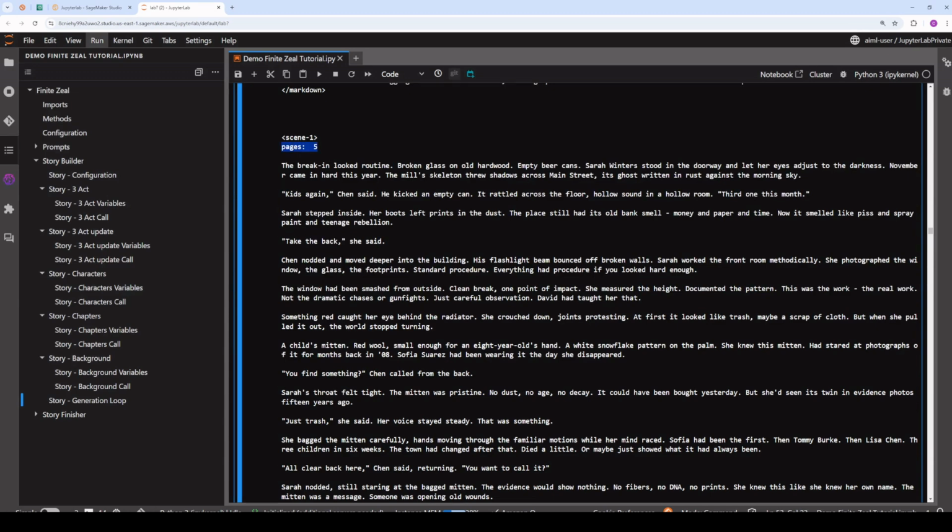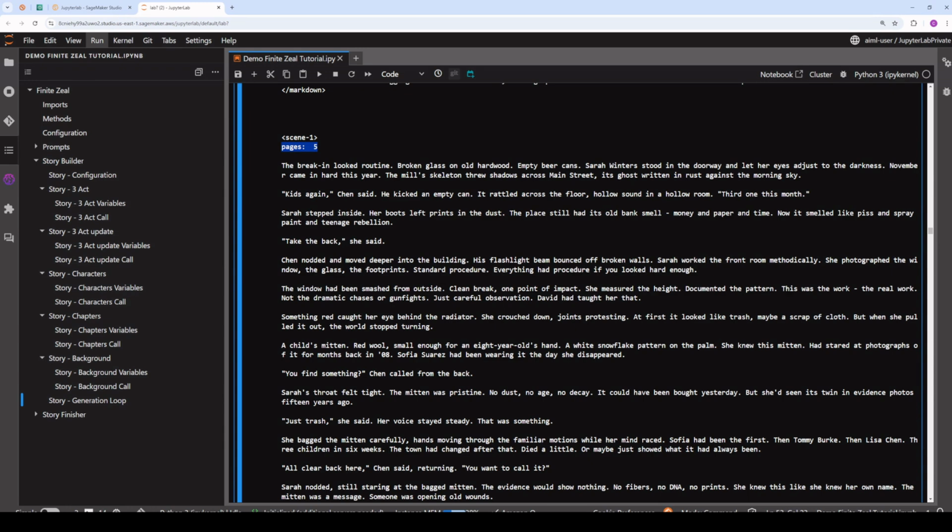Another practical implementation piece is the pages. No matter how much information I gave, the model would generate as much text as it wanted to generate. Whether the scene said it should have 1 page or 5, it would generate however much text it wanted to. One trick that I've found effective in getting it to more closely match the number of pages I'm expecting is to actually have the model